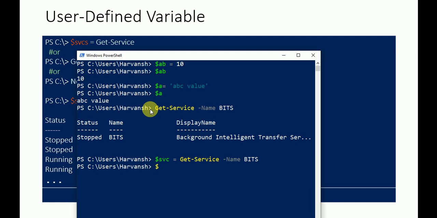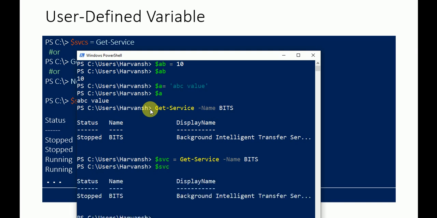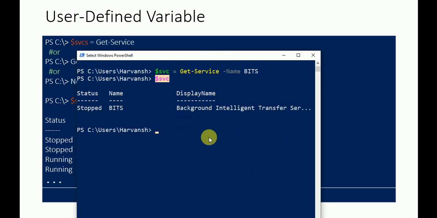Now I can use svc to print the output. Here you saw that a command directly gives you the output. But if we want to save it in a variable, we have to define the variable like $svc equal to your command name, and the output from this command is stored under the svc variable. So that's how you can store the value.